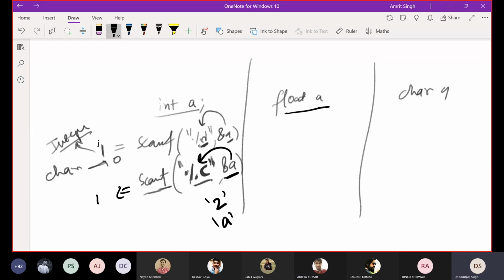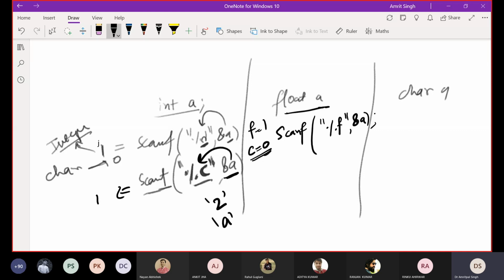I have tried the same thing with float. When you write here %f and try to enter a float, it will return you 1. But when you try to enter some character, again, it is unable to convert and it is going to return you 0.